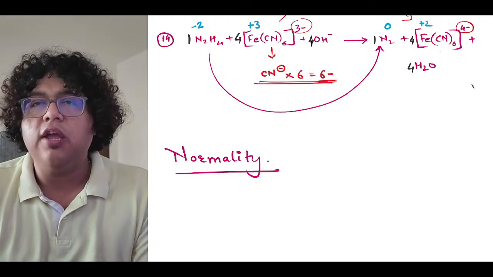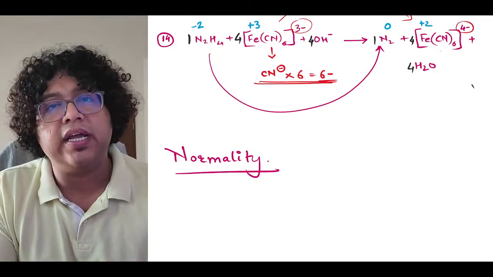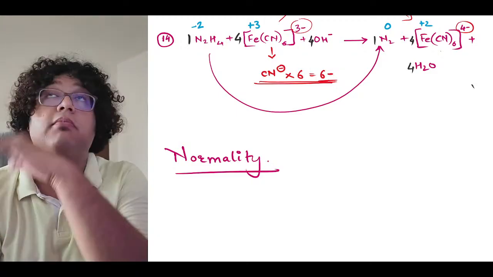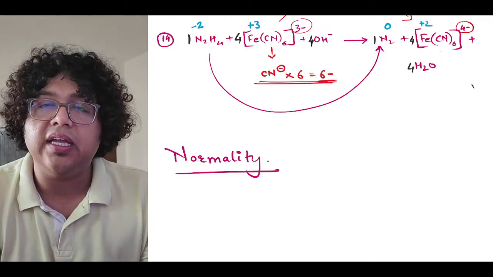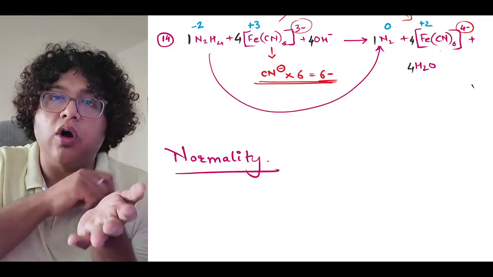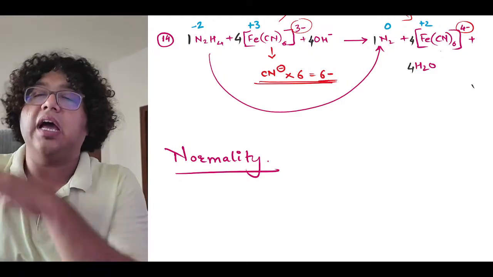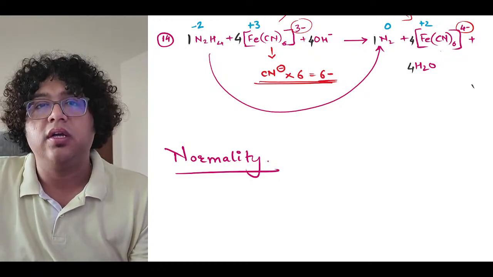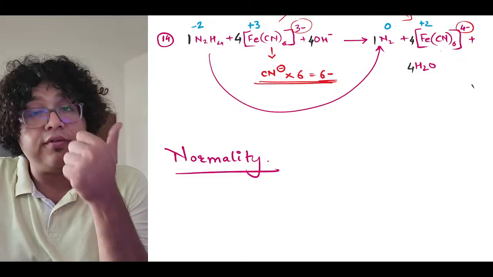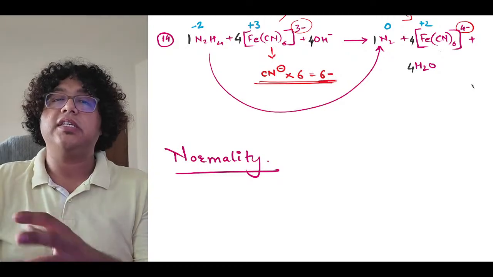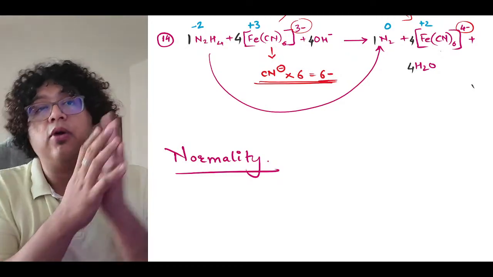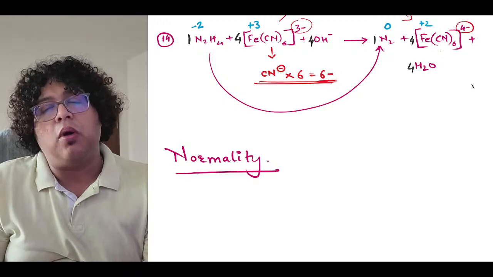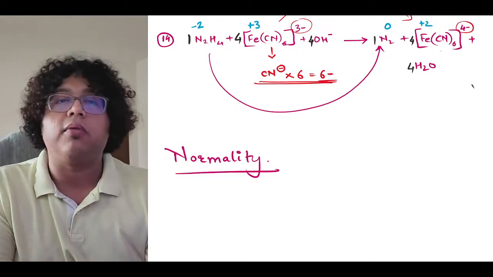But think about it. If I have a very complex organic acid which has multiple H+ ions getting released from multiple positions, do you think I can just sit down and figure out all that by myself while I am working in an industry creating big molecules? I cannot. I don't have time for that. I don't have the resources for that. And in most cases, I won't have knowledge about the compound I am dealing with. So to solve this problem, we came up with the concept of normality.